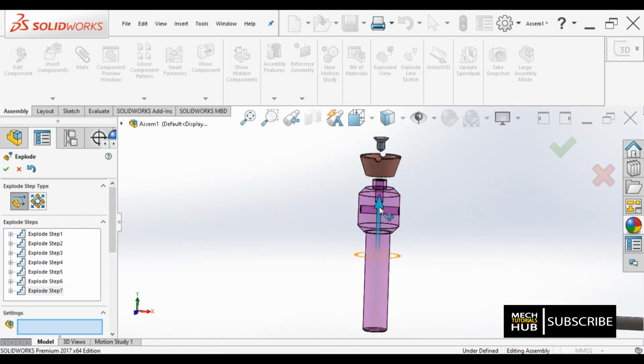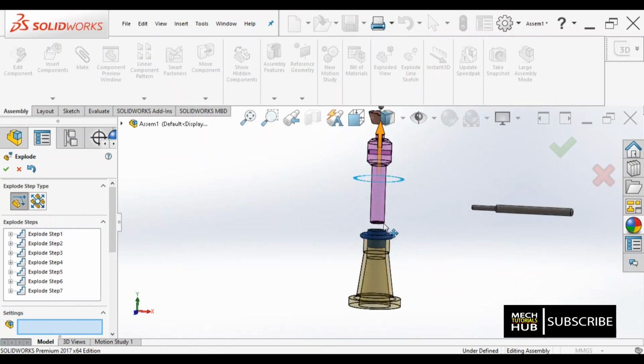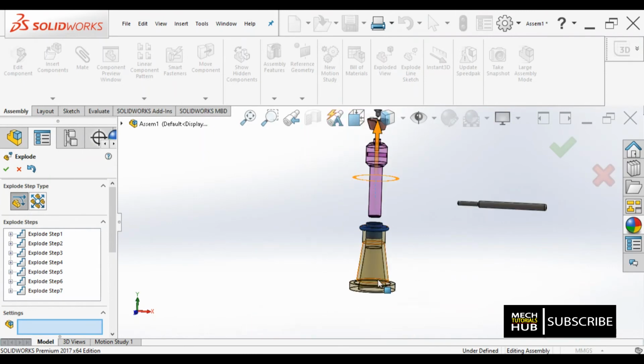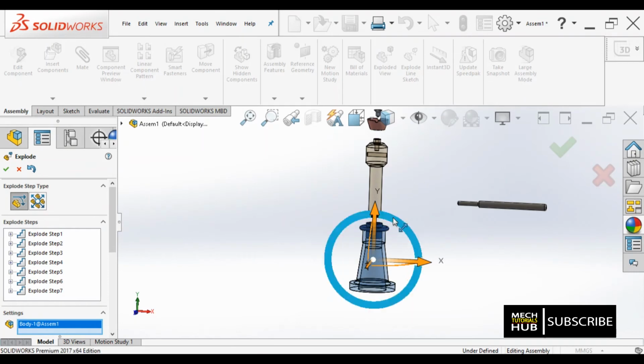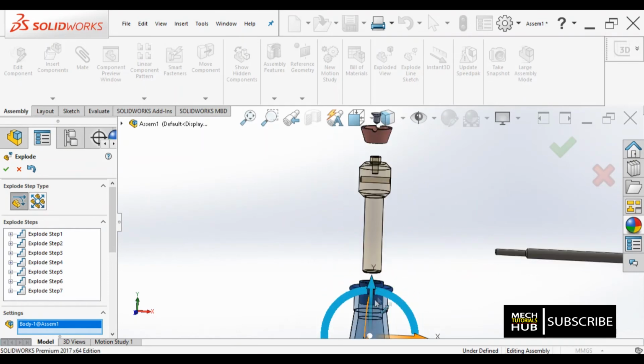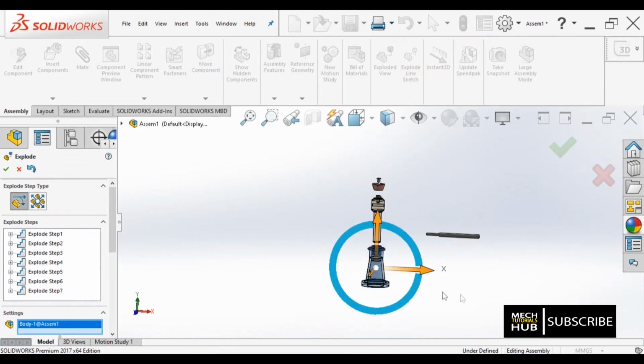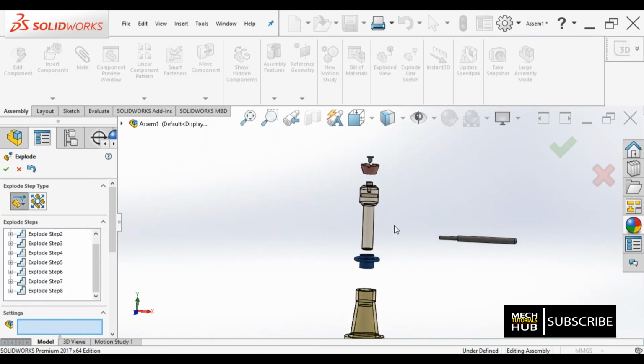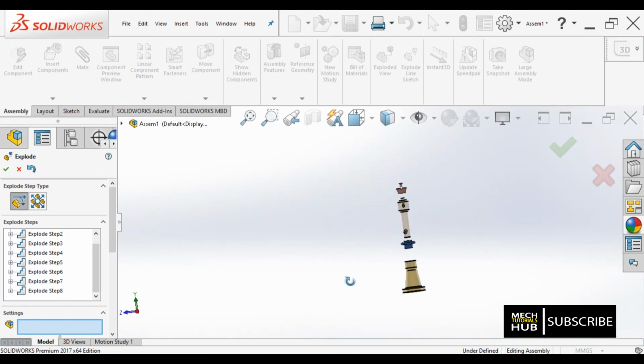Yes, now everything is fine. Let me select this part. Yes, you could see the body I have dropped it down.